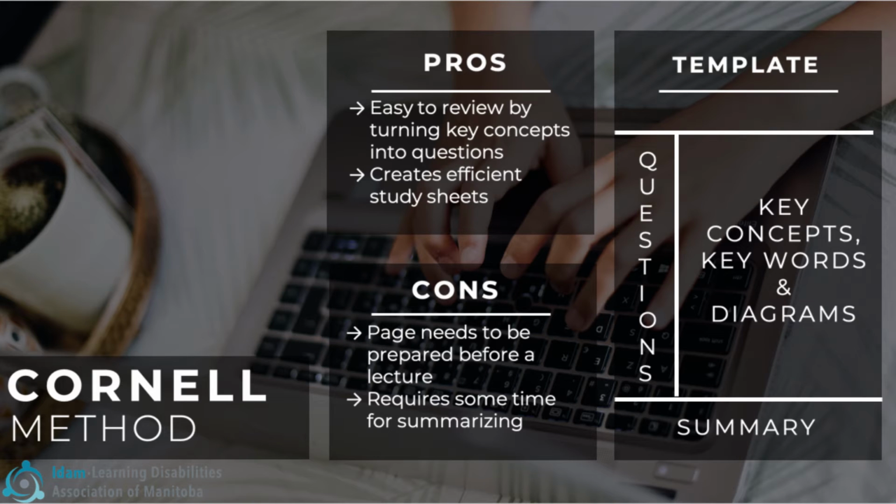Cornell Method. So the Cornell Method, as you can see in the template, divides your page. You would leave about your left side of your page some space, about, I want to say about 2 inches for questions. So if you can recall from my outlining notes, each header is going to be changed into a question, which I will show. And then you have some of your key concepts, keywords, and diagrams and details on the other side of the